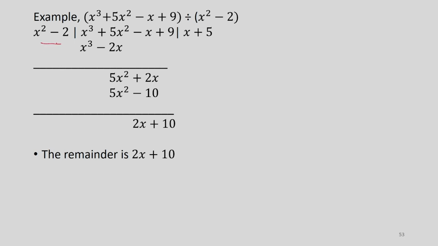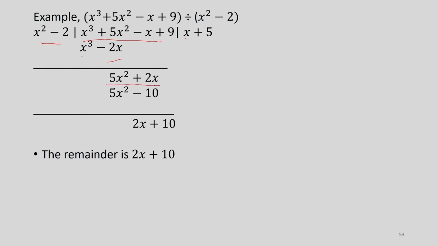So, x square minus 2 is coming on the left hand side, then inside this x cube plus 5x square minus x plus 9, and I deploy the same strategy, which is that I think about that thing which, if multiplied by x square, gives me this first term x cube, and this is very simple, it will be x. So, x multiplied by x square gives me x cube, but then there is minus 2 term. So, minus 2 multiplied by x is minus 2x, and I subtract minus 2x from 5x square,